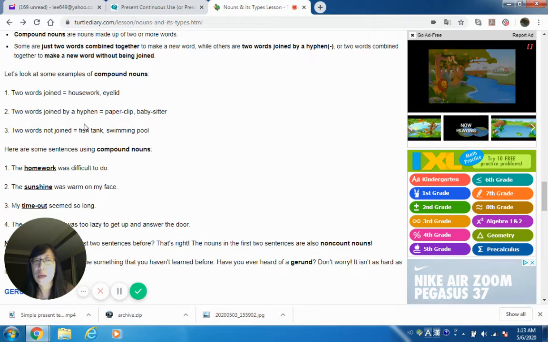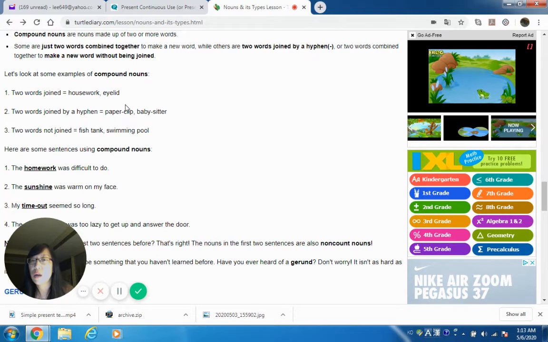So when you're writing a business letter or some formal letter, you should just look up a dictionary to see if it's hyphenated or just joined together. There's no hard rule to distinguish between these two. And two words not joined: fish tank, swimming pool. So these are considered as one word too. So together it's